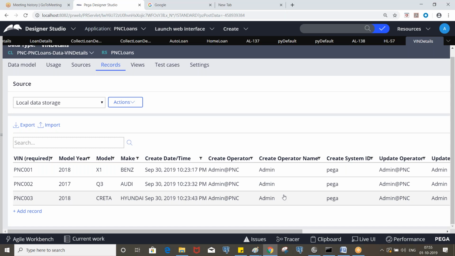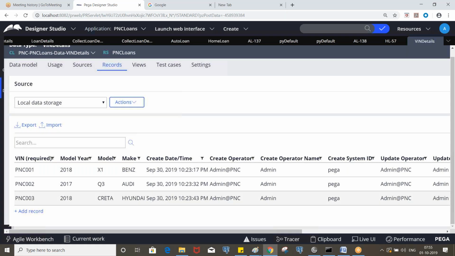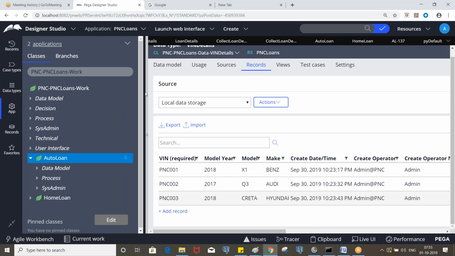Let's say win details. You are taking the values from win details and mapping them to the PY work page, win details page. Okay, got it? So that is the better way, because we don't need to create these properties, right?